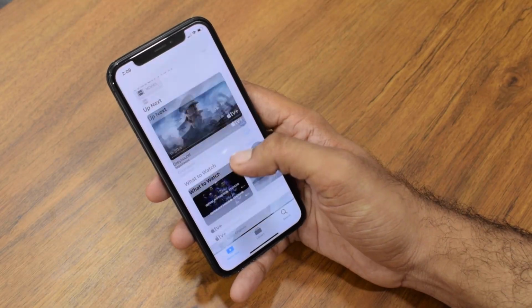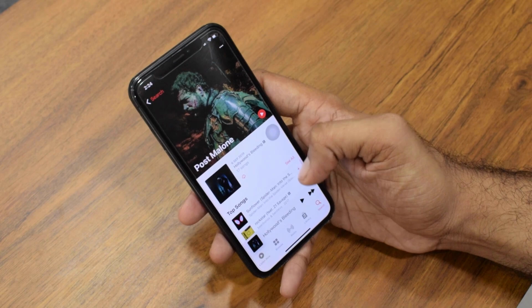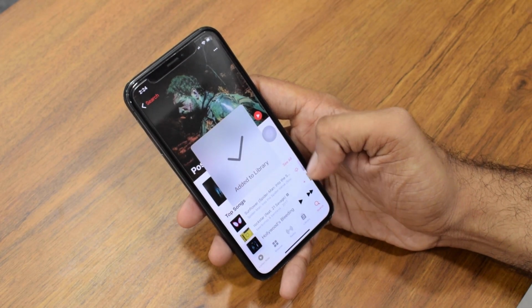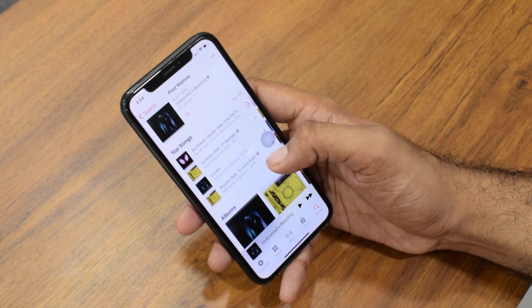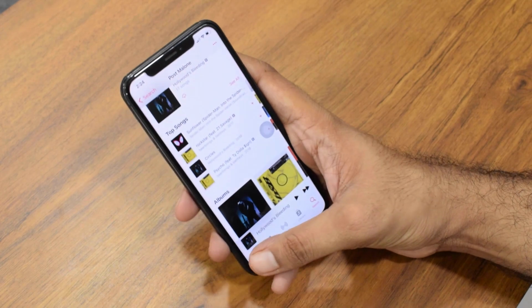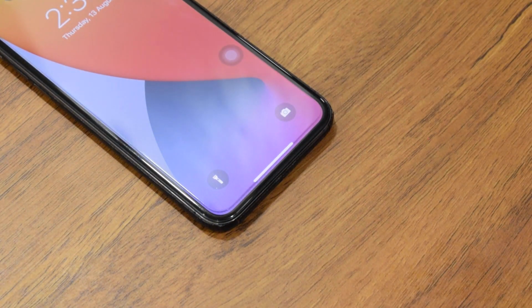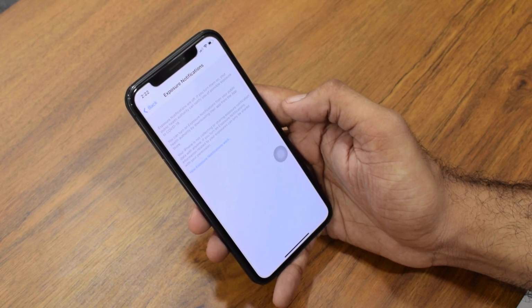Now there are many minor changes here and there and those are basically aesthetic changes. Like in the Music app you will get a tick mark instead of "downloaded" written when you download your music. I can't find it for this video but I have found it earlier. Now I can't find it, I don't know where it is, I'm sorry. Also the swipe to open text is a bit smaller compared to the previous beta. So like them there are many small changes in this beta which you won't even notice in your day-to-day usage, but they are there for your convenience.